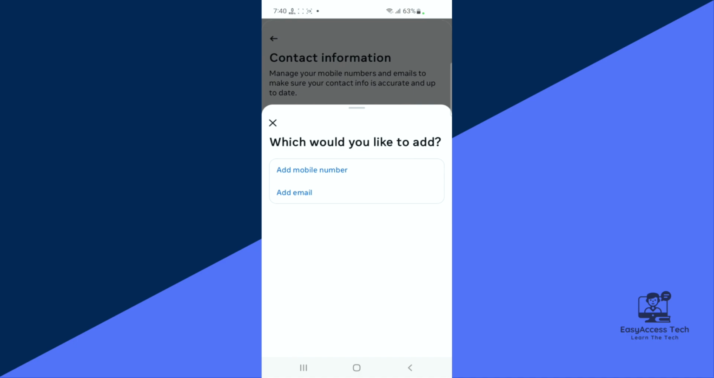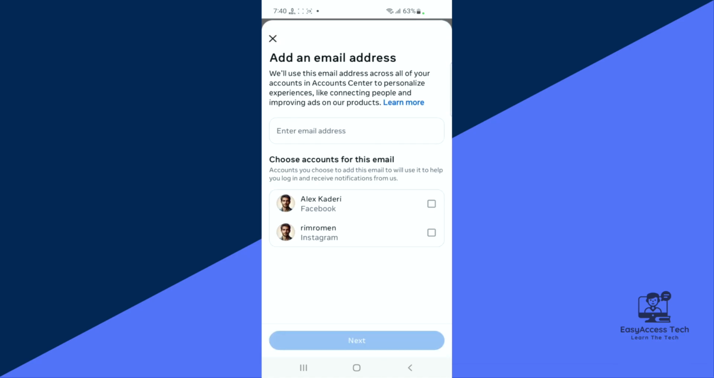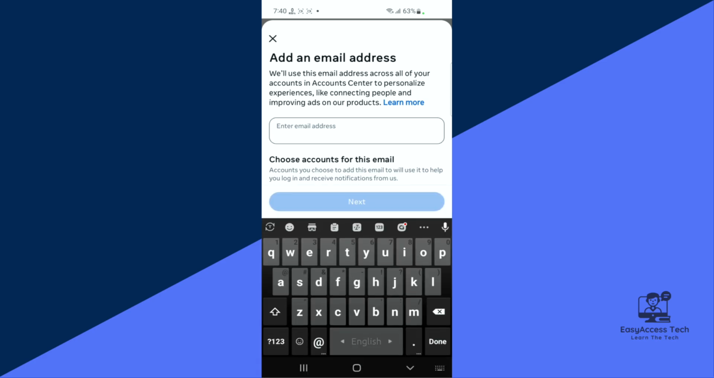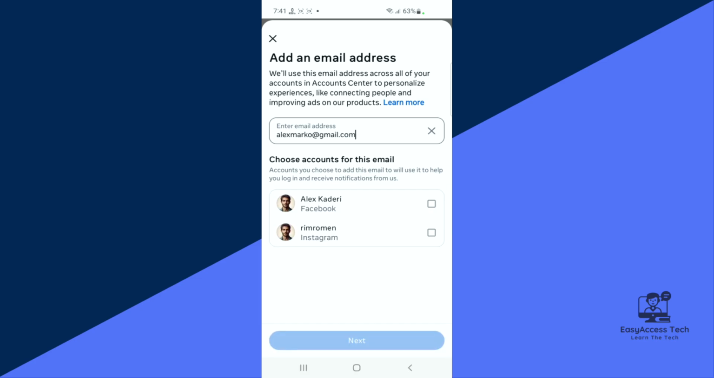So we are obviously going to add our email, so just add email and write your new email address here. Now if your Facebook and Instagram are linked, then you will get an option to choose for which account you want to change the email address. Check mark here and just tap on this Next,